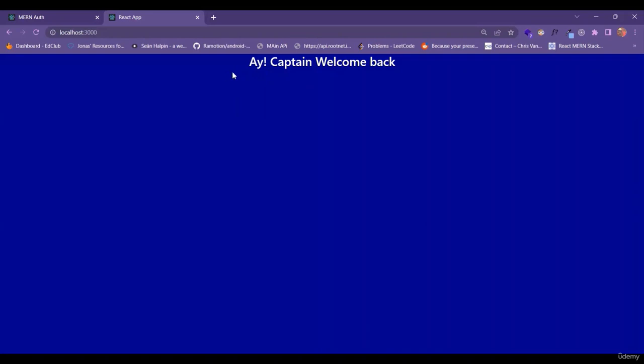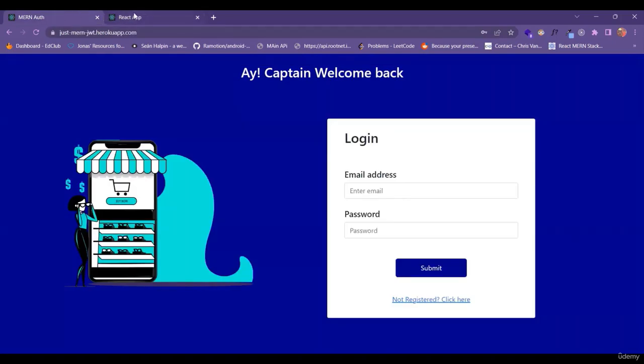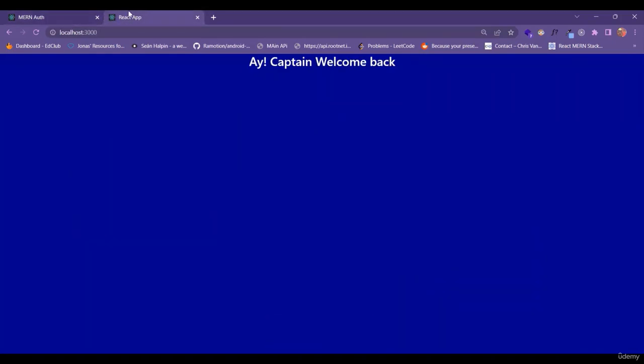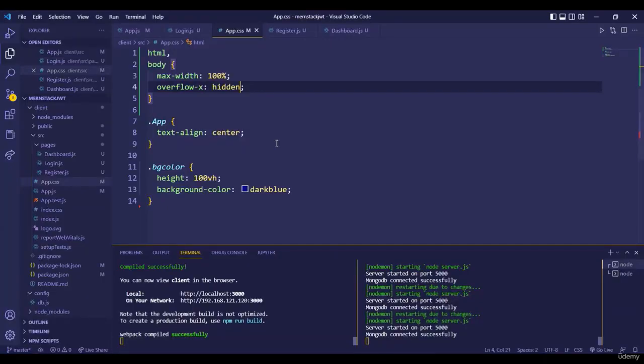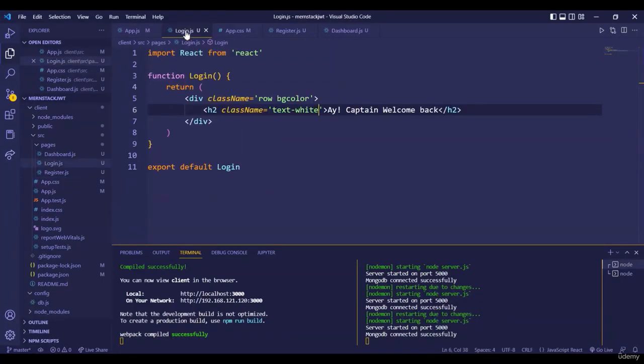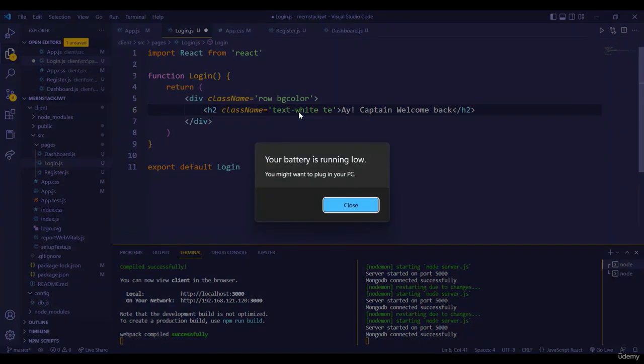So again, we are going to have few margin paddings, all those according to what we have created finally here. So firstly, we need to have a text center and as well as few margin or padding from top. So let's just go into our login JS component, and here we have another class called